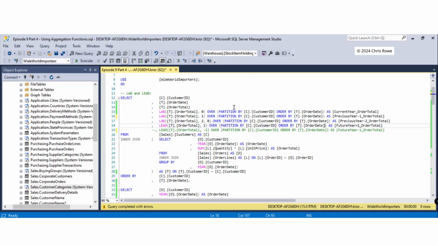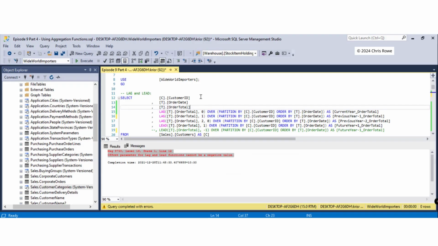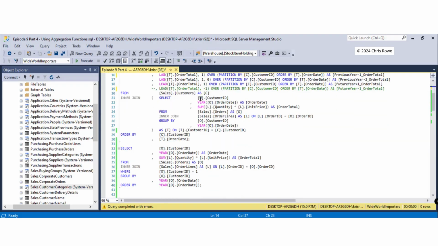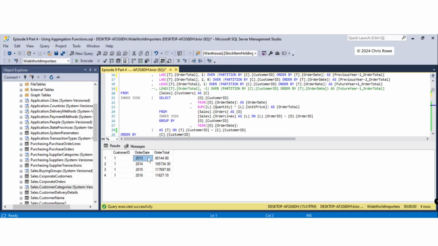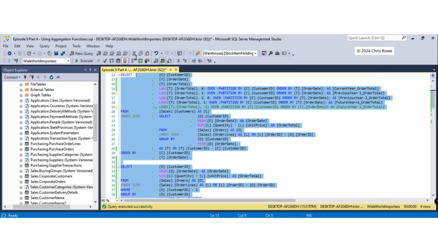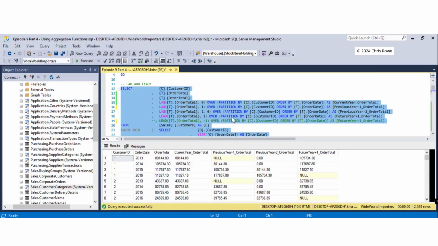So to stop yourself from getting really confused which function to use, what I simply do is keep the order by as is in the ascending, don't start mixing and matching, and just simply use lag or lead, and check your results if they make sense. So for example, if we then run off this bit of code here, which just has customer 1 and the order total for those years, we can then have a quick check at our results. So we'll run them off together,